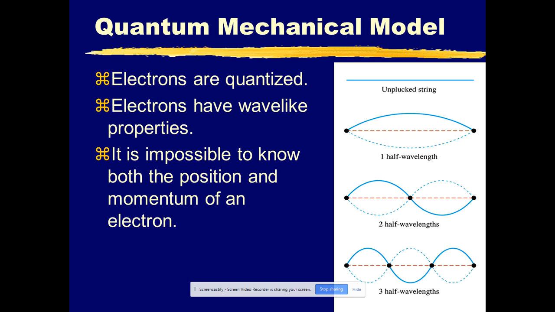This diagram on the right helps us understand how the electron is quantized. So again, Bohr was correct that the electron is quantized. He was incorrect about how it was quantized. He thought that it was quantized because it existed on a specific orbit. But our understanding now is that the electron is a wave, and it's quantized because if you have a wave